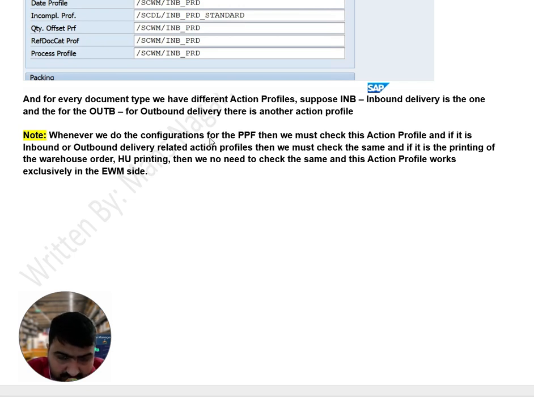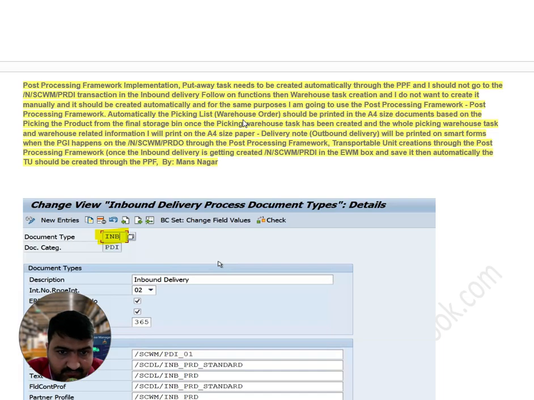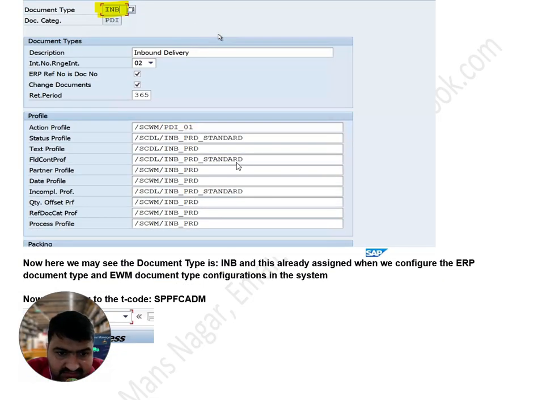Whenever we do the configuration for the post-processing framework, we must check this action profile, and if it is an inbound or outbound delivery related action profile, then we must check the same. If it is printing for warehouse orders or handling unit printing, then we need not check the same action profile for the EWM side. Okay, so INB, these are the settings.